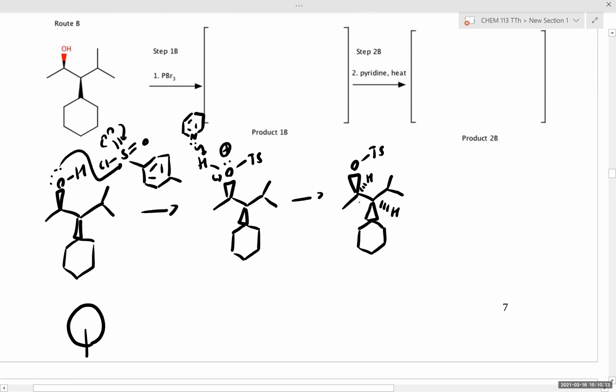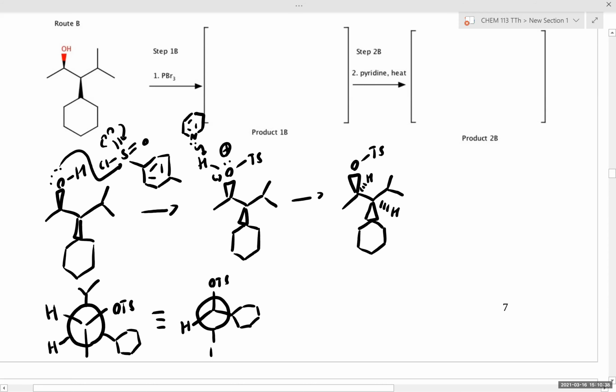So our methyl's pointing down, the tosylate's on the right, a proton's on the left, the isopropyl's pointing up, the cyclohexyl group is on the right, the hydrogen's on the left. I'm just going to redraw this Newman projection so that way our tosylate and the proton are more explicitly drawn